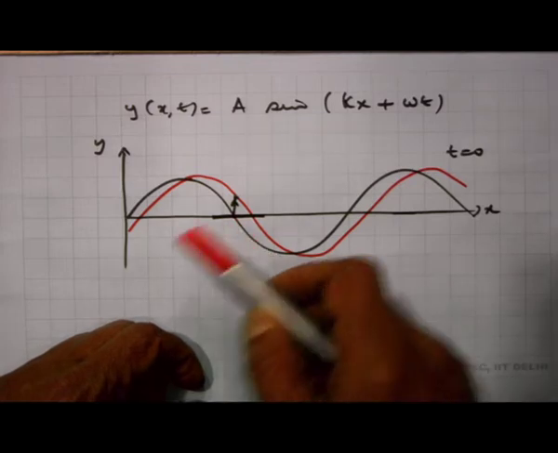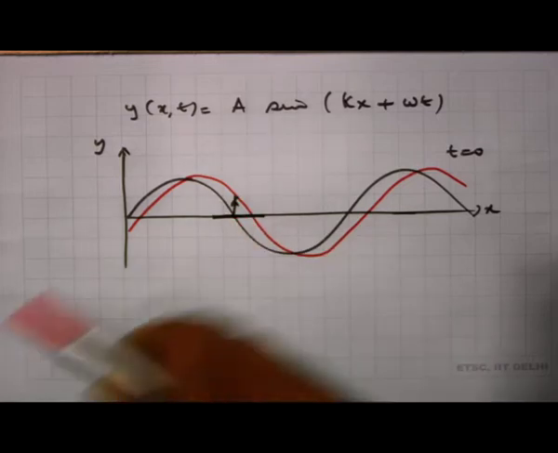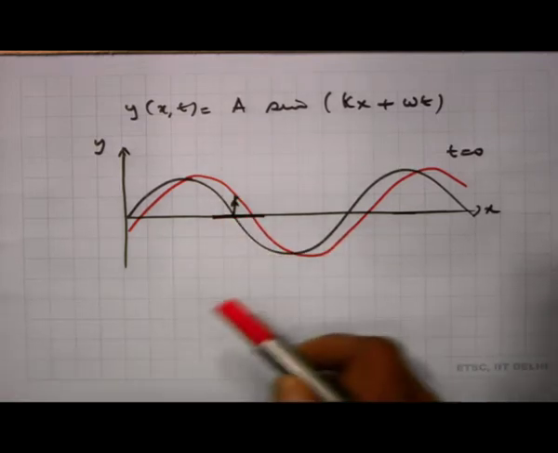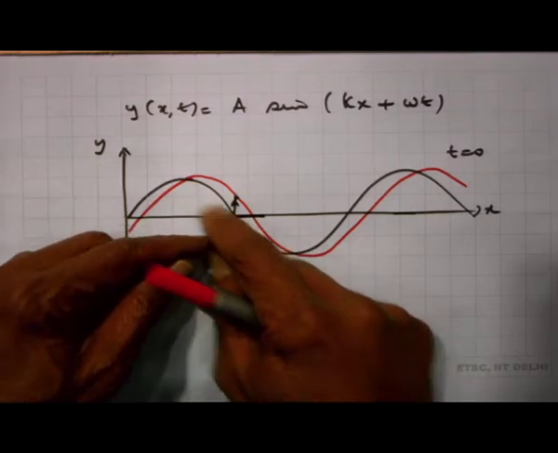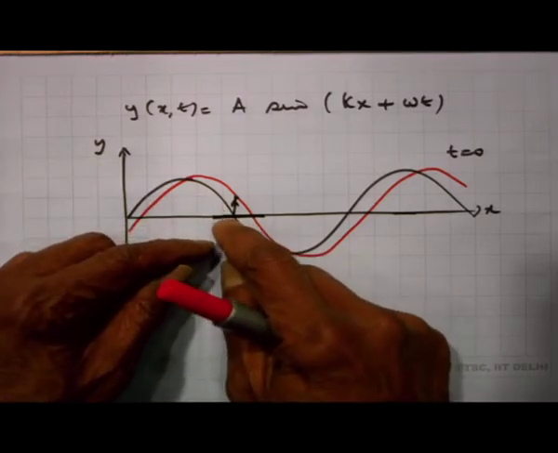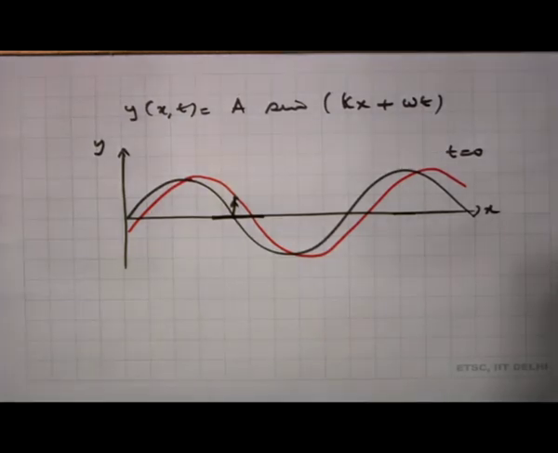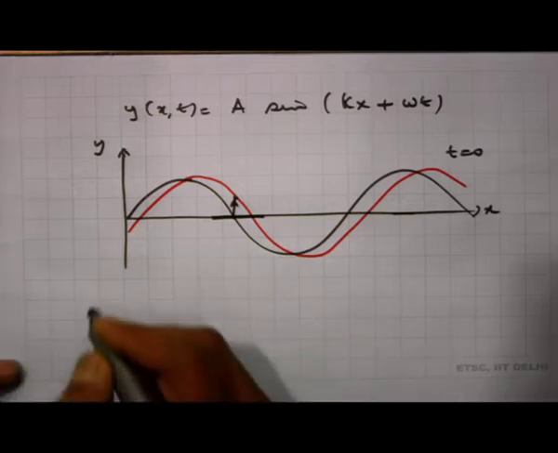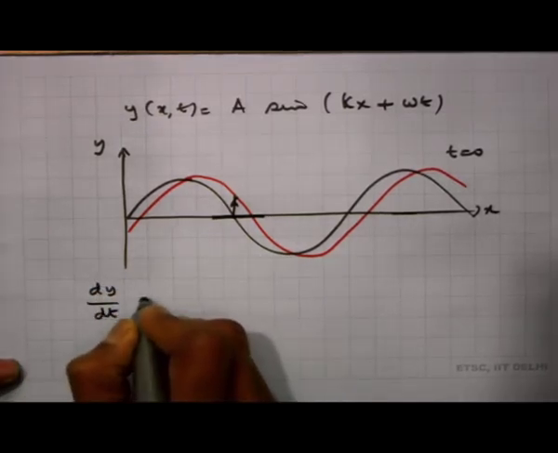And as you can see here, the point where the kinetic energy is maximum is also the point where the potential energy is maximum. So, maximum stretching appears here at the point of intersection with the axis, and that is also the point where the velocity of the string is maximum in the upward or downward direction. So, for example, you can calculate the velocity, dy by dt, which is equal to